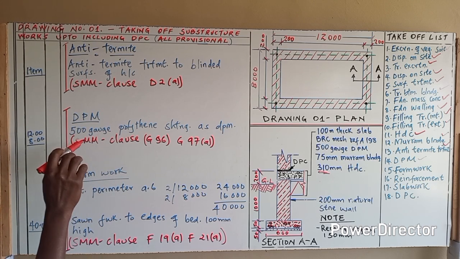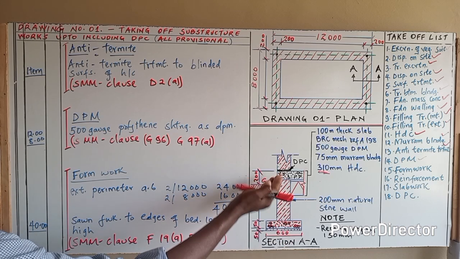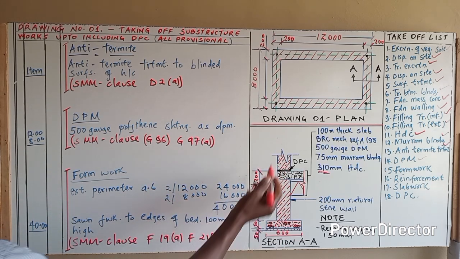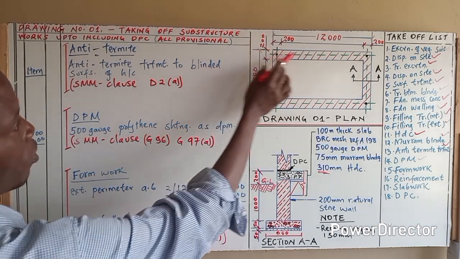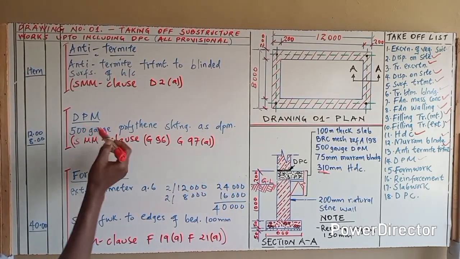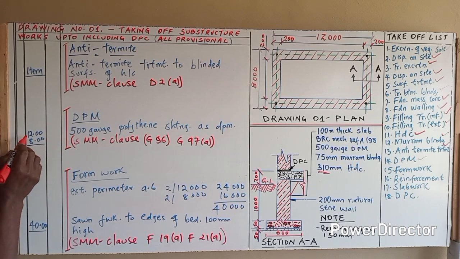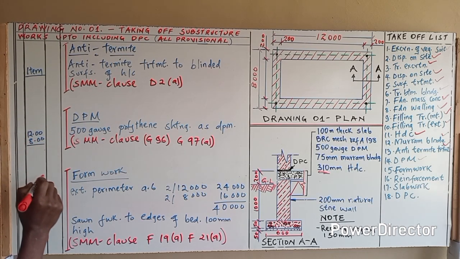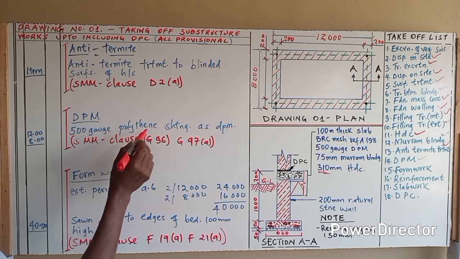So it is being laid over the blinding to prevent penetration of moisture to the concrete now. It is done to the entire floor, to this extreme, up to this extreme, all the way to this and this. So when booking that, you use now the external dimension for the area, that is the 12.00 by 8.00, and then you close. And now explanation is 500 gauge polythene sheeting